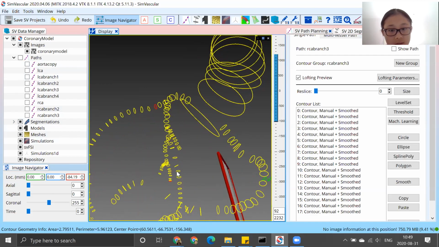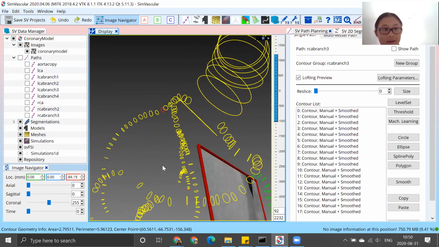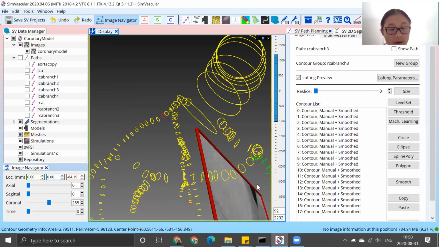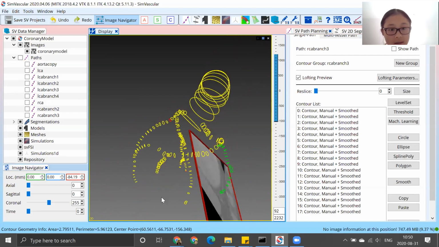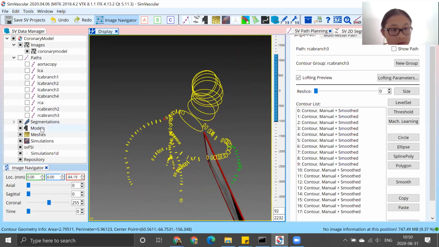What you can actually do is, along the way, if there's any issues with any of them, the best step to fix the segmentations before creating the model is just to turn on the lofting preview and change the contour grouping, see if once it's fixed, does the lofting preview look a little bit better, or is it more accurate, and then continue on from there. So for models,